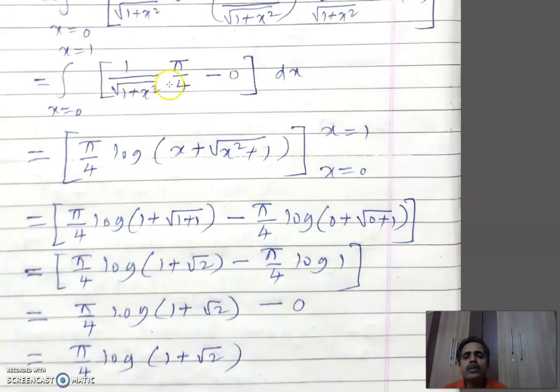Fine, we have this integral here. Now to simplify this integral we have to use a standard formula. This pi by 4 is constant, we can take it out, and the integration of 1 by under root of 1 plus x square became log of x plus under root of x square plus 1 with limit x is 0 to x is 1. First we put x is 1, then we put x is 0 in the square bracket, between them we have minus sign, and when you simplify you can get the answer.